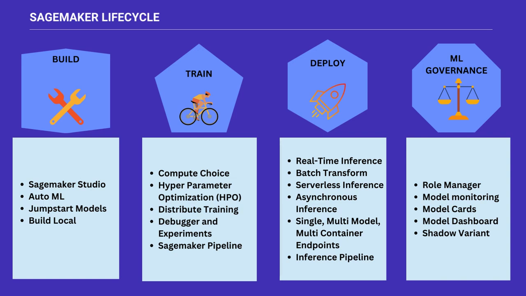That's very important. AWS provides a lot of features, and a lot of announcements happened recently on hyperparameter optimization. Well, we have a separate topic to be covered on hyperparameter optimization. Distributed training, this is very important